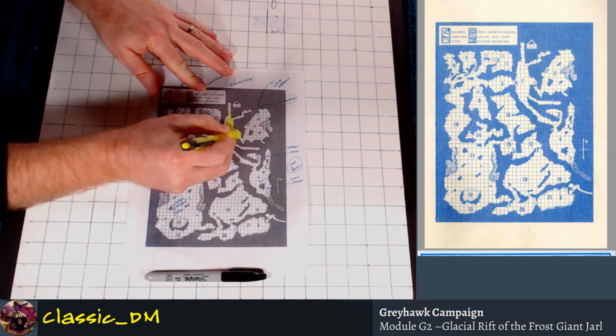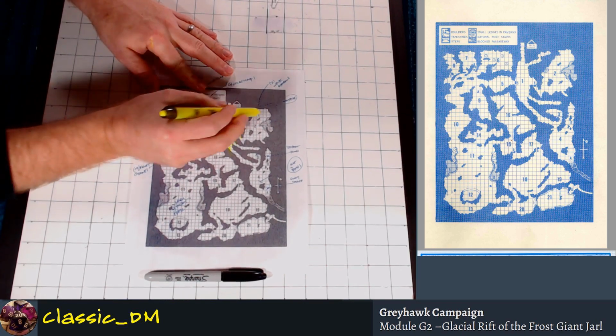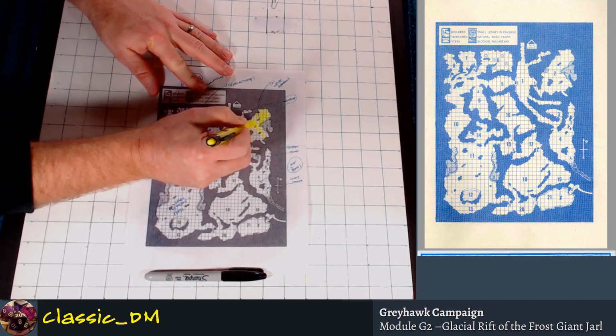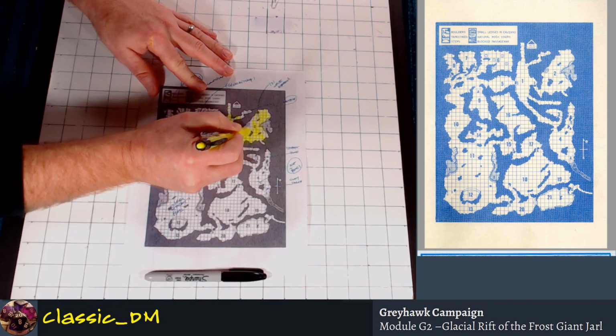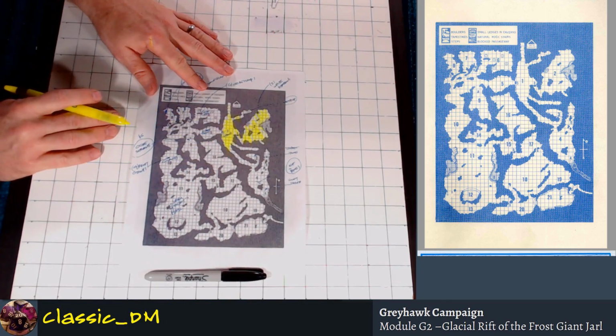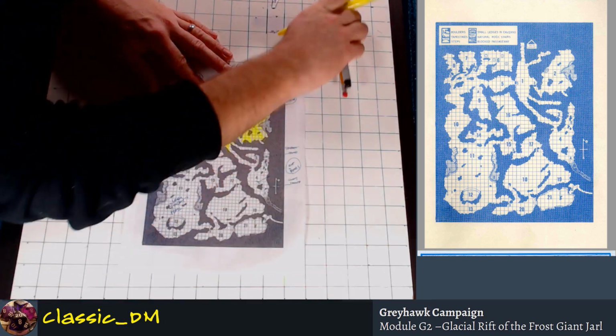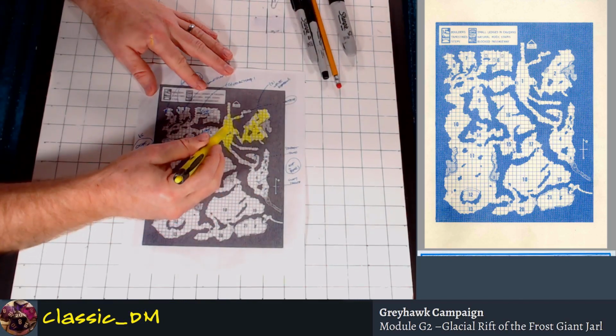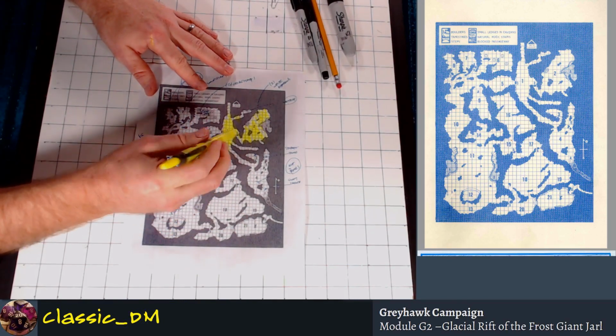Everyone was fighting in this big room here, and this is where the two white dragons were, which was a really nasty episode 6, I think it was. Really great. And this is the lower level of the Glacial Rift of the Frost Giant Jarl. So what I know was going to happen, we actually had people in the Patreon channel vote,